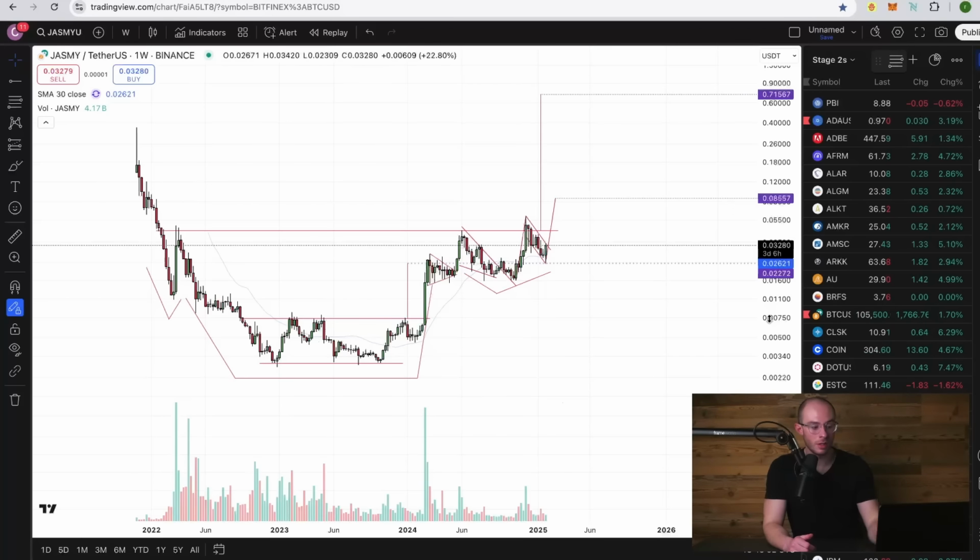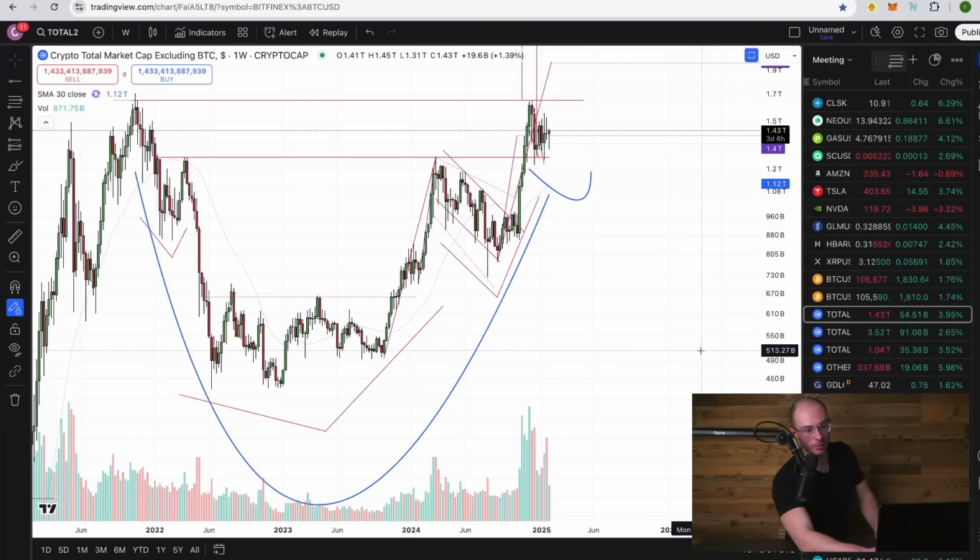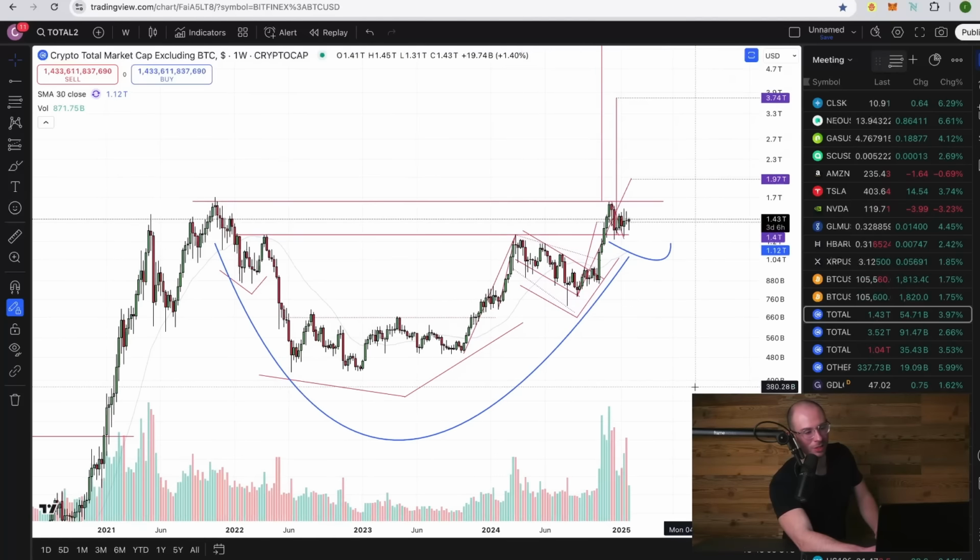And that very much aligns, in my opinion, with where the space currently is, and I want to show you that. I'm going to go over to my watch list and pull up the Total 2. We're not going to look at Total 1, or the Total, because that has Bitcoin largely wrapped up in it. But if we look at, for example, the Total 2, which represents everything in the cryptocurrency space excluding Bitcoin,